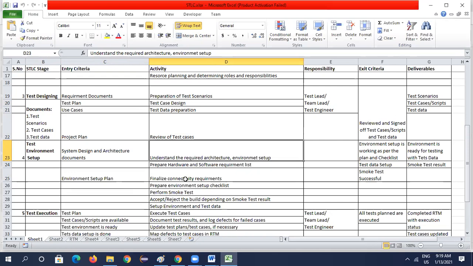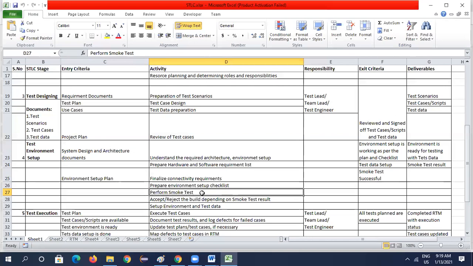So for testing an application, what all is required? We will prepare a requirement list: software requirements, hardware requirements, and connectivity issues like how much net bandwidth would be needed, is net required, how it would work. One checklist we will prepare for that. And more importantly, after setting up the hardware and software, we'll do a smoke test in environment setup only. One round of smoke test.